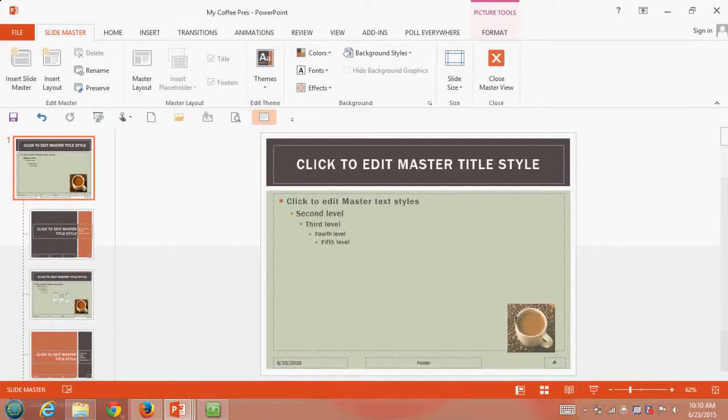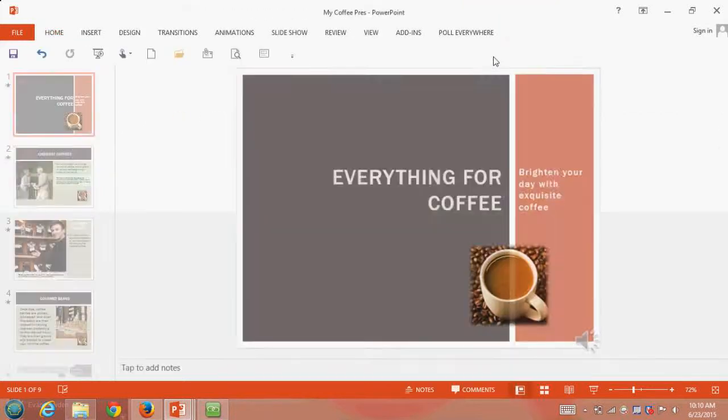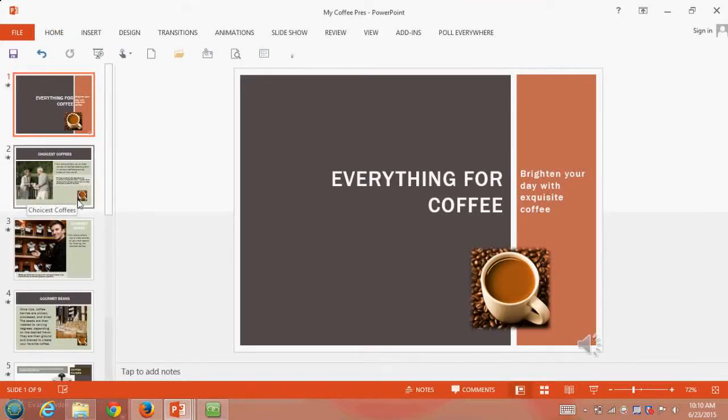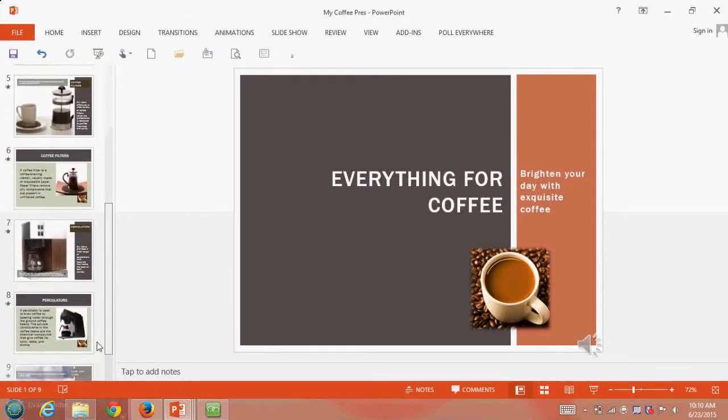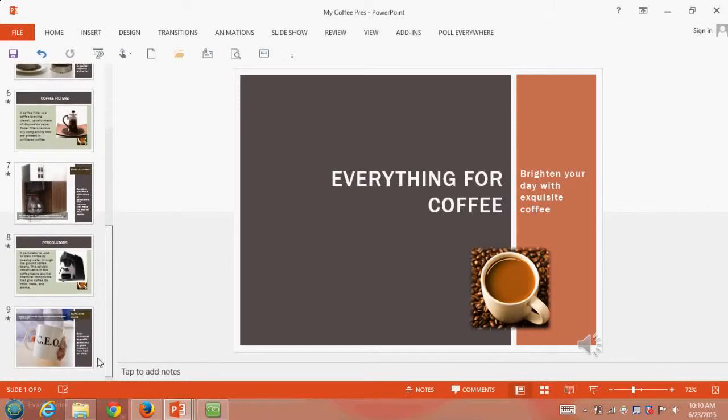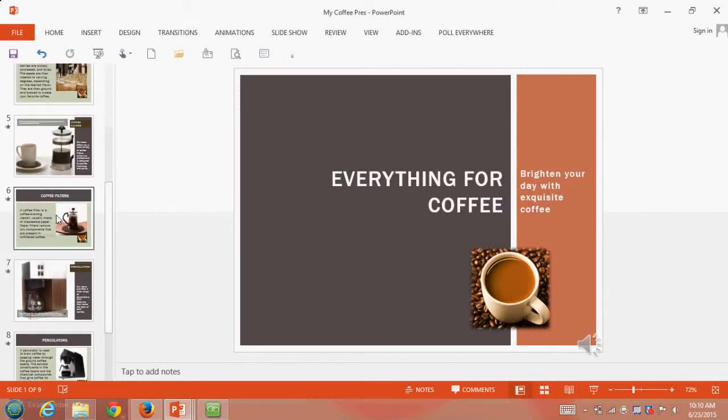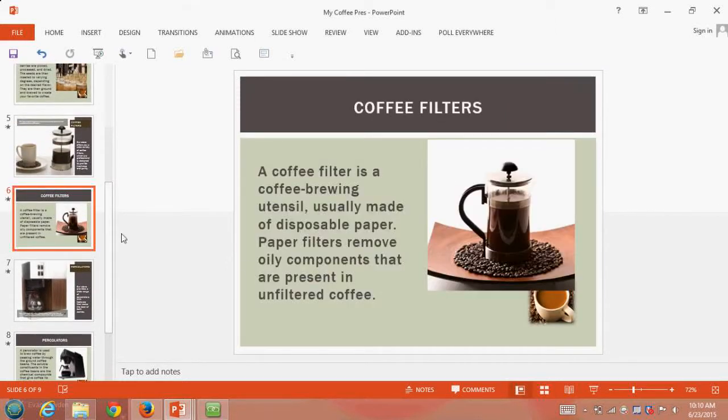So maybe I don't want it to be quite so big on all of my slides. I'm going to put it over there. And when I close out of my SlideMaster, you can see that it now exists in that place on many of these slides. Now, some of these are custom created, so you won't see it. But notice, on something like this, it's not quite in the right position or it's too large,